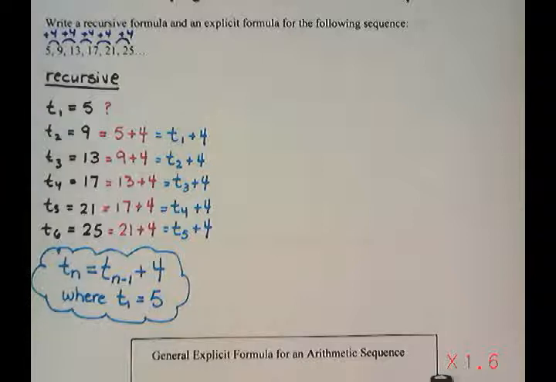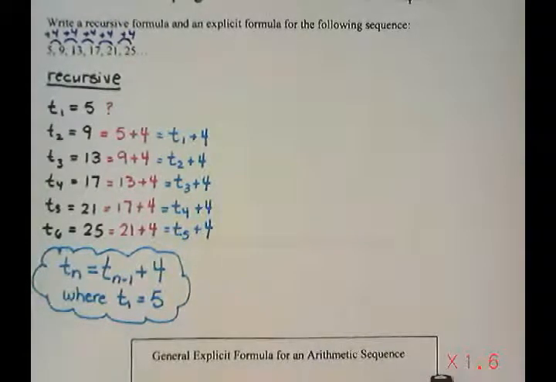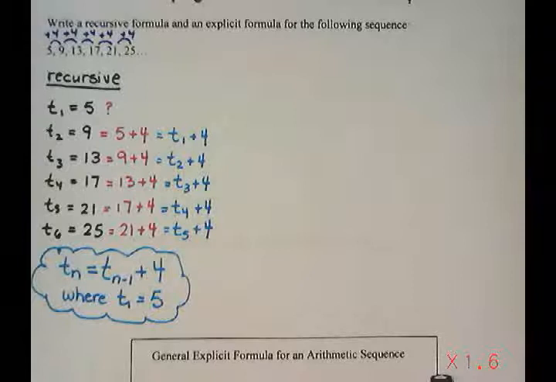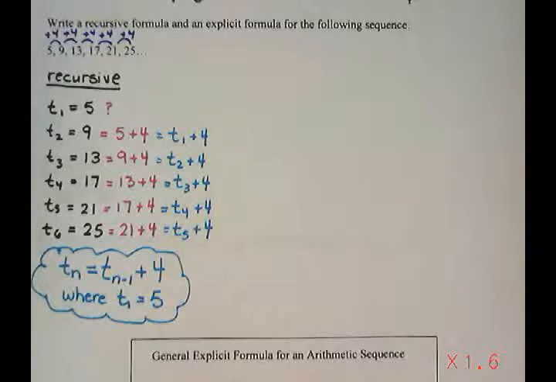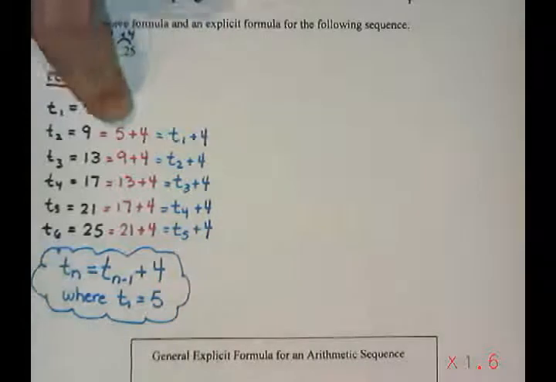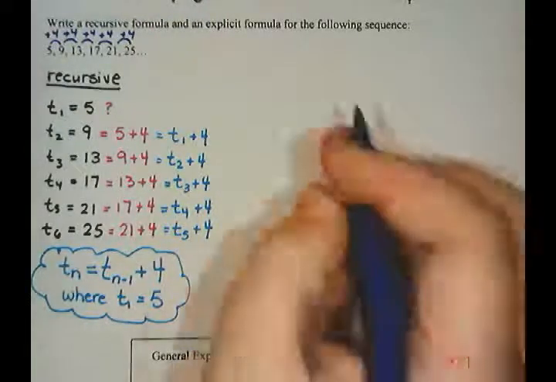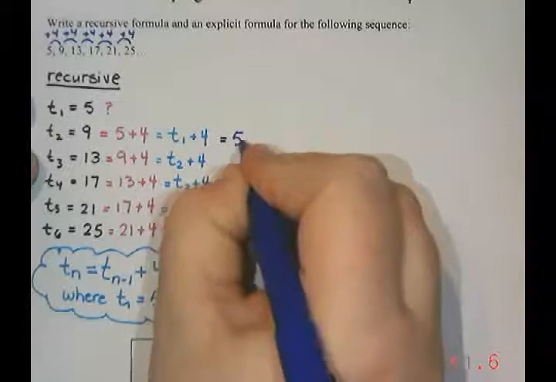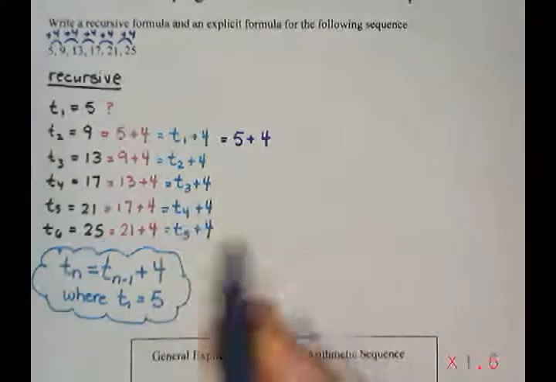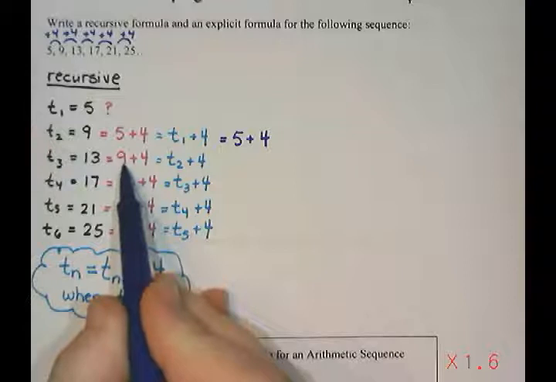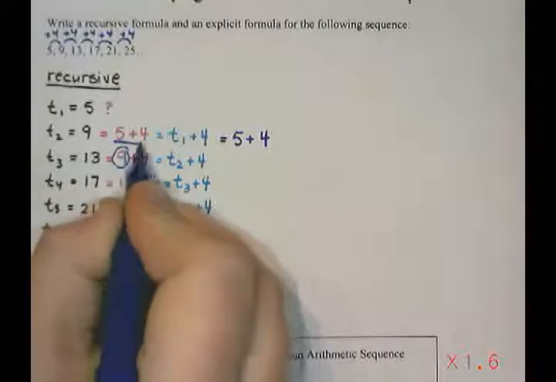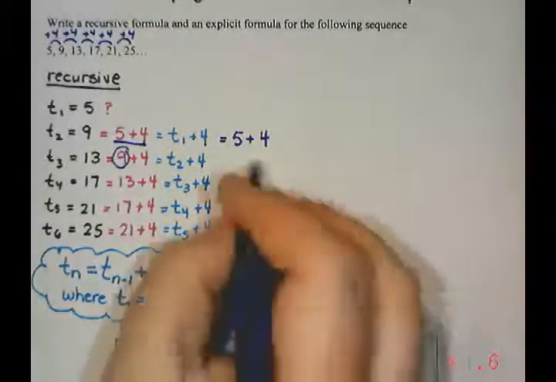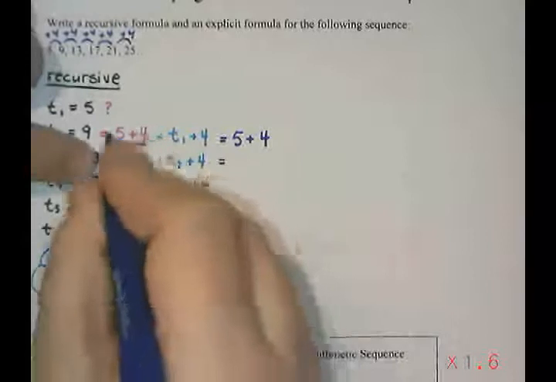Now to find the explicit formula, we're going to do something a little bit different. We're actually going to go back to these pink numbers, and we're going to try to think about where some of these numbers came from. So if I had 5 plus 4, I'm actually going to leave that alone. I'm going to say it's 5 plus 4. Now, if I take my 9 here, how did I get that 9? This 9 came from doing 5 plus 4. So I'm going to say that this was 5 plus 4,